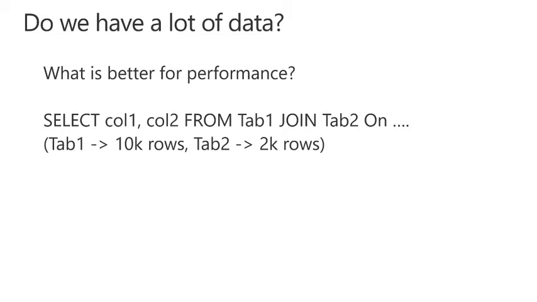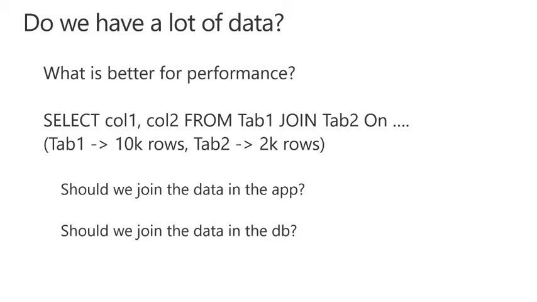where should you do the operation? Should you do it in your application, which means you get data from table 1, you get data from table 2, and you perform the join in your application? Or should you do exactly the same thing in a database? What do you think? Of course, you know I'm a database guy, so you know that the second option is